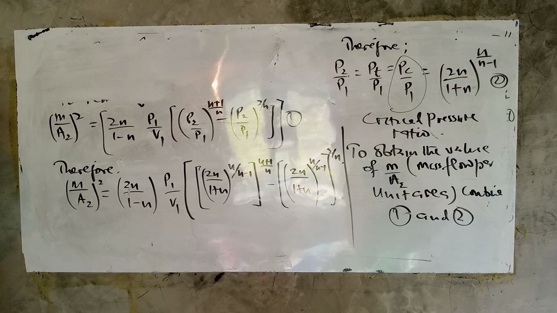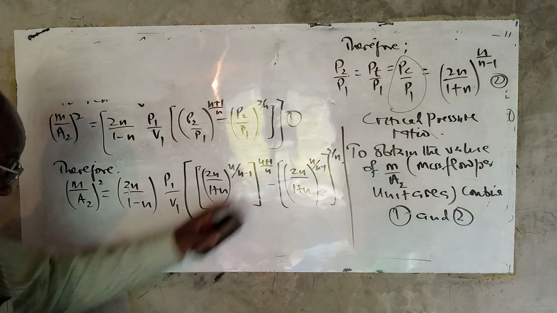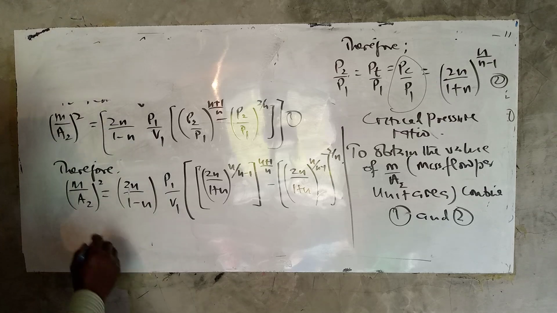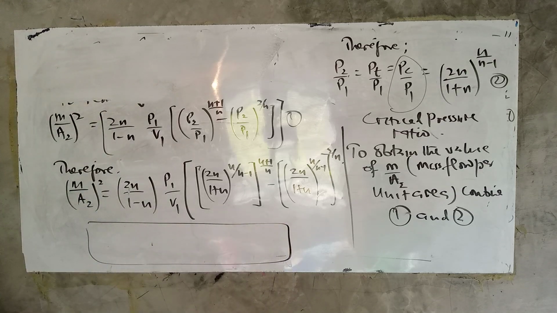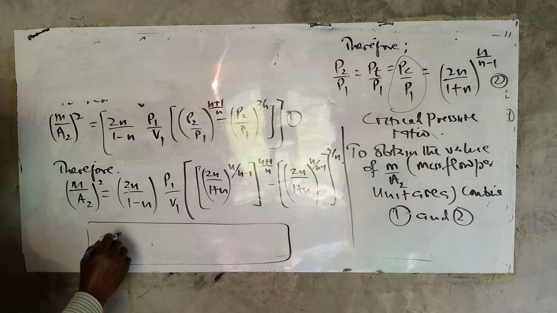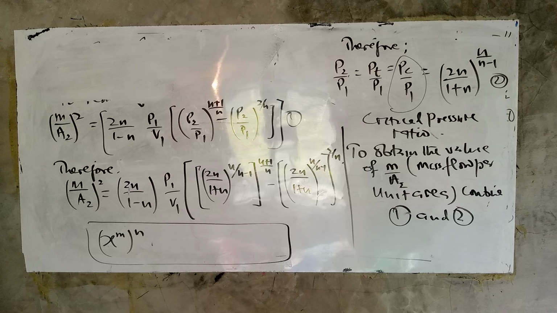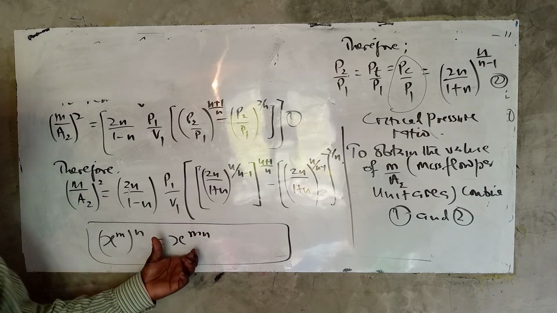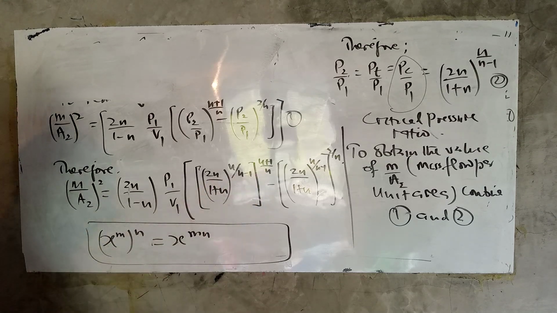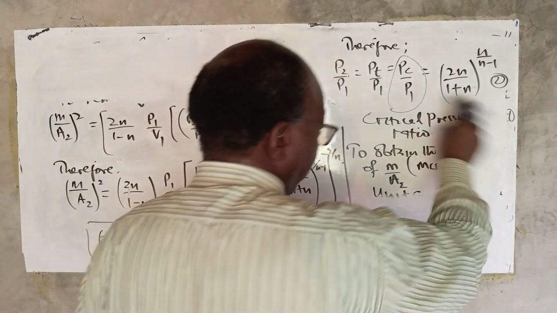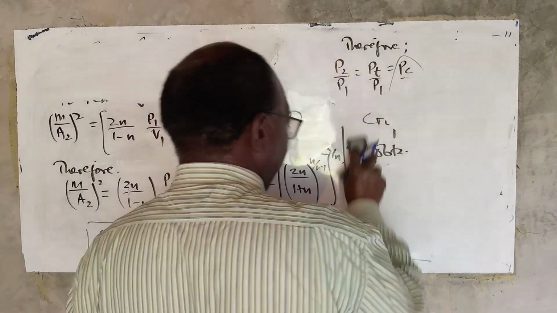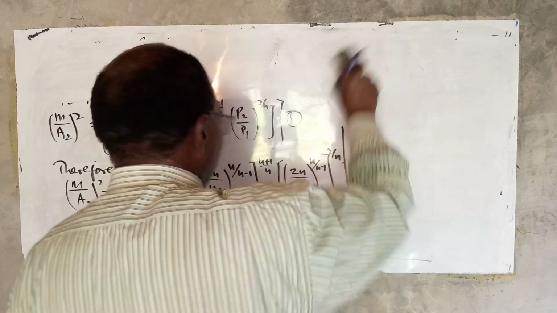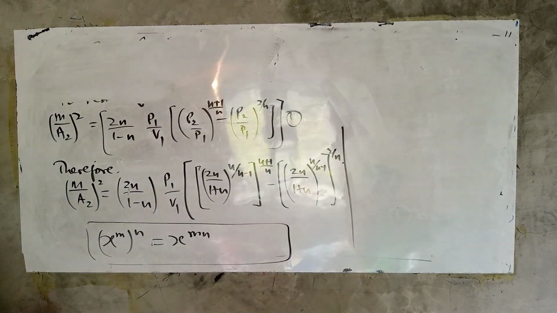So we are getting there. We will of course use the identity, don't forget, of the indices, where if we have x raised to the power m, and then again raised to the power n, we'll have that as x to the power m times n. So we'll use that particular identity to solve these indices there. So let's just do that. So using that particular identity,